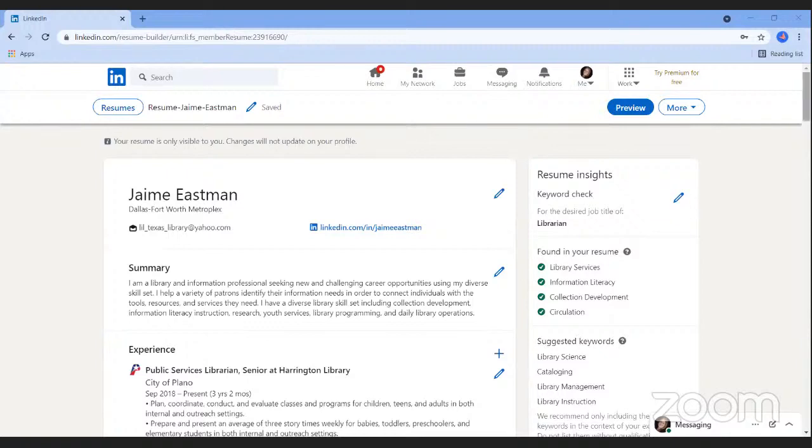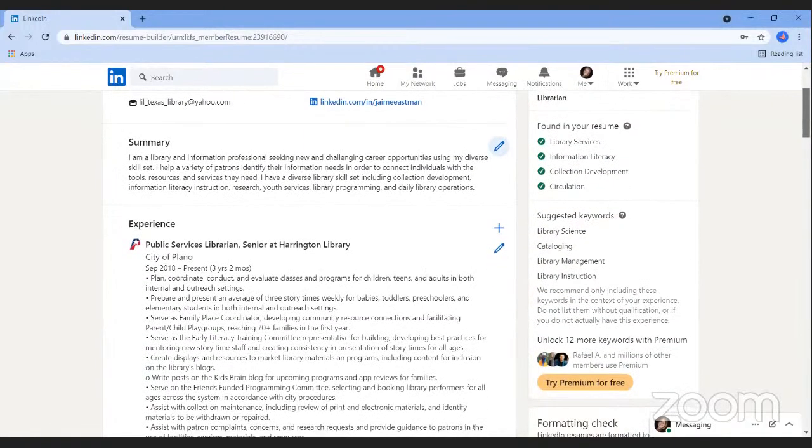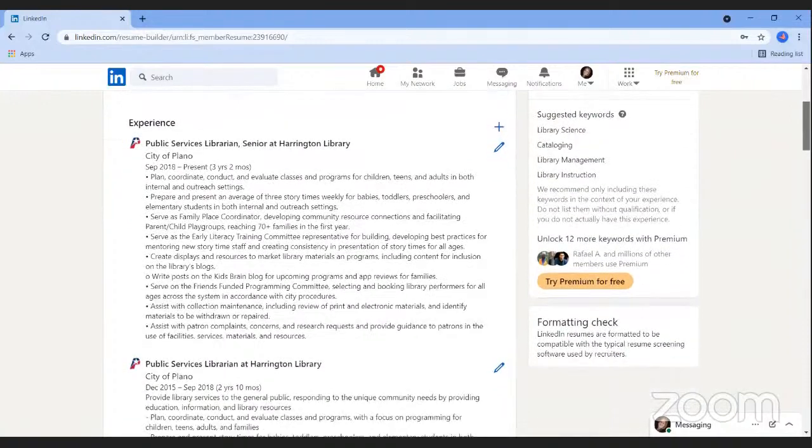All right, so we are going to move on to our experience. The next section on our resume is going to be the experience that we have, which is automatically including all of the positions that are listed on your LinkedIn profile. This may be an area that you customize the most because you don't have to include every single job that you've had in your final resume.